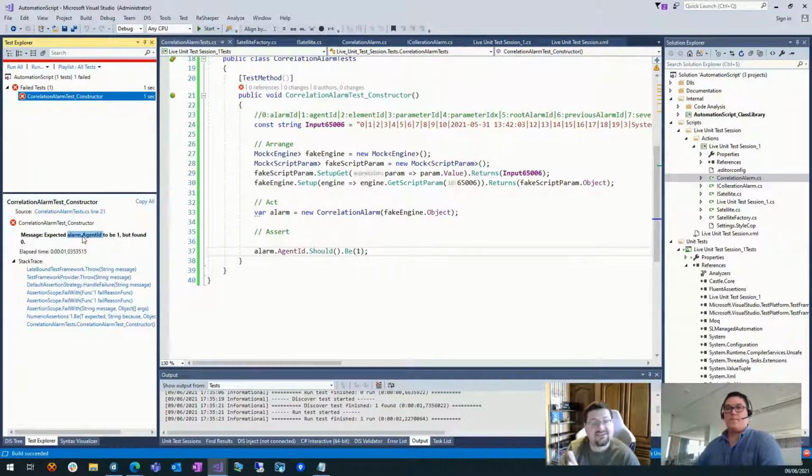And this is also what makes it great, programming like this, because this is our requirement. This is our requirement of the constructor. As we build it now, every single assertion we write is like a requirements document for correlation alarm. So the more assertions and the more unit tests and the more things we make for correlation, the more detailed our requirements sheet becomes. So in this case, let's add all the other assertions.